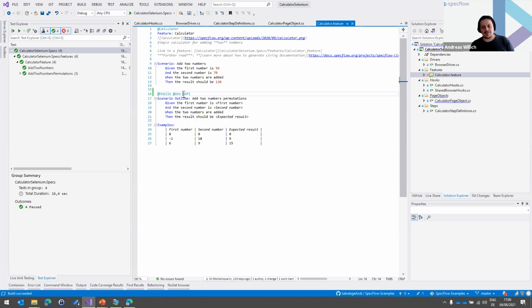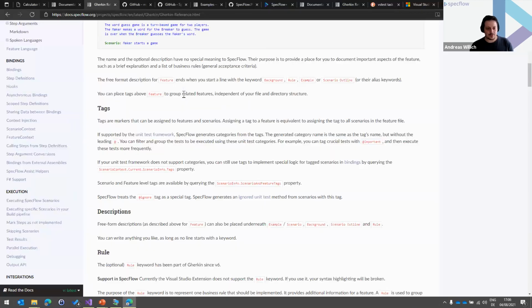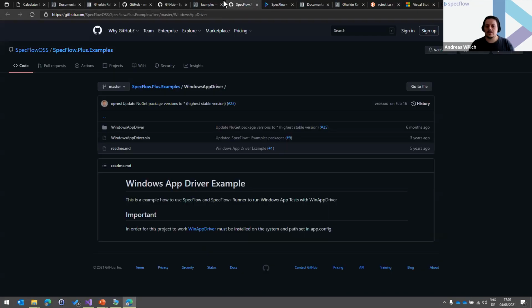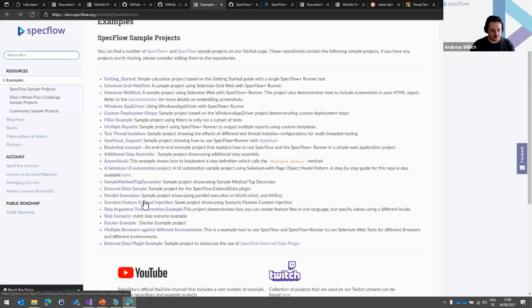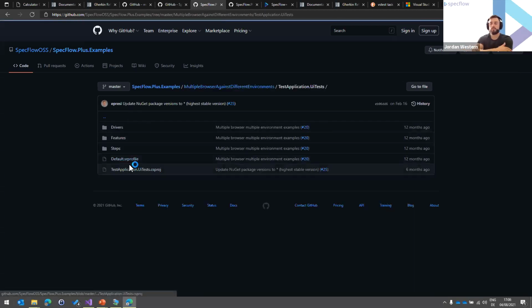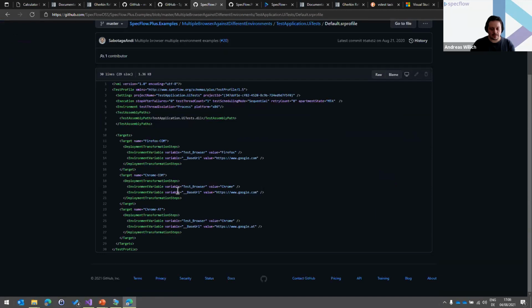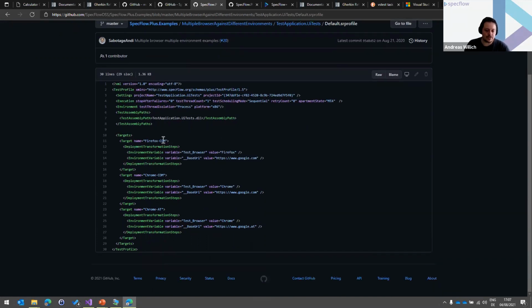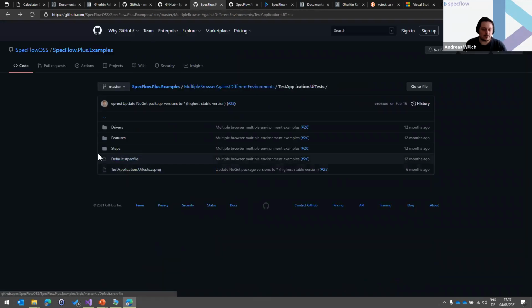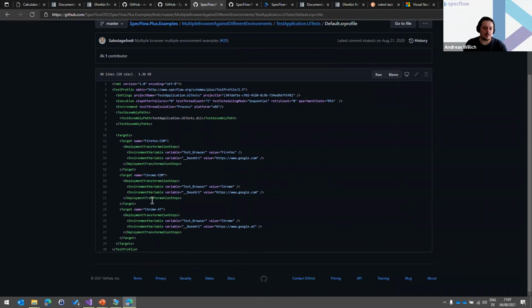instances of the scenario. The SpecFlow+ Runner has a feature for that. It's called targets, which makes it possible to duplicate or multiply your scenarios. And there's also an example for that. I think our Selenium example, didn't we do multiple browsers against different environments? Let me quickly check. Yeah, so this example uses different browsers with different configurations, so you can do something like that. So you have targets for the different mobile, web, API, but you still have to do